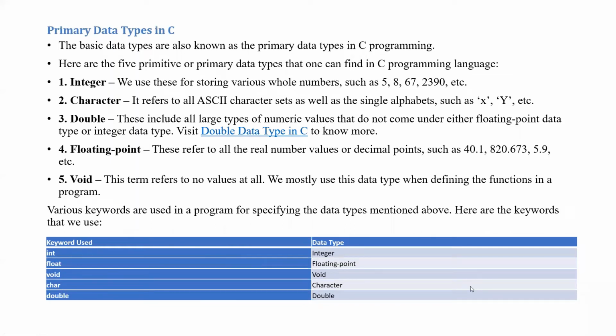So int is there for integer, float is there for floating value, void is there for void type of data, char is there for character type of data. Here, character type of data means alphanumeric, or else non-numeric. If it is numeric data, then you can define int, float, or double. If it is non-numeric data, whatever it may be,